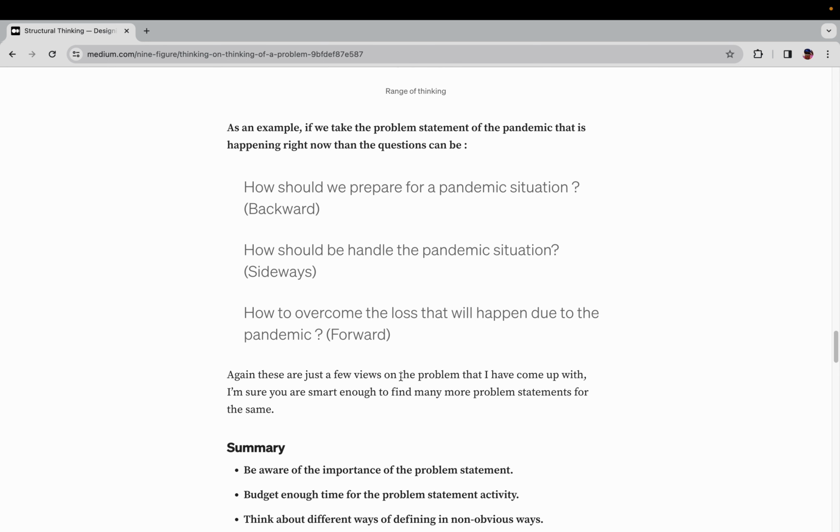Now, the example I have defined over there is the pandemic example. How should we prepare for a pandemic situation? This is the backward thinking, before the pandemic has even come. How should I be handling a pandemic situation? This is sideways. Once it happens, it happens. How do I overcome the loss that will happen due to the pandemic? Okay, this is after the loss has happened. So all these things came in the same example. These are not the right examples, I would say, but these are similar examples you want to try to build. In the summary,